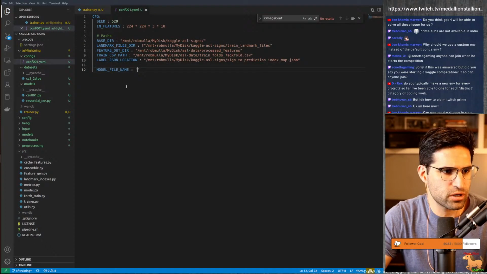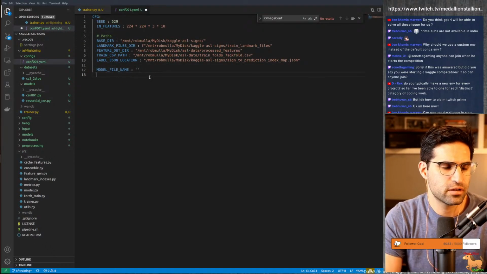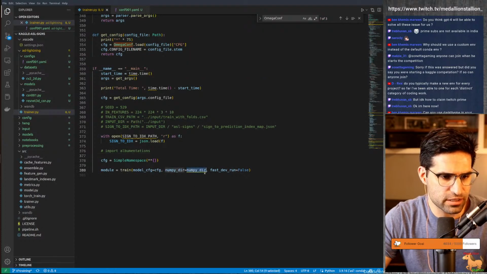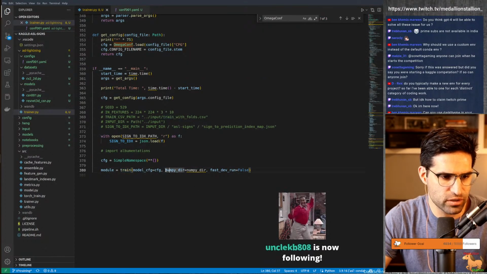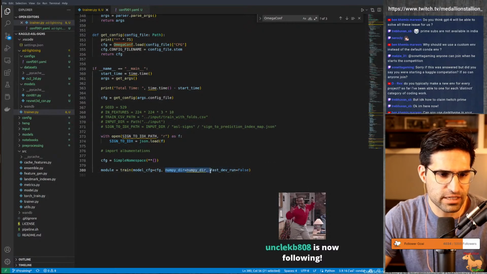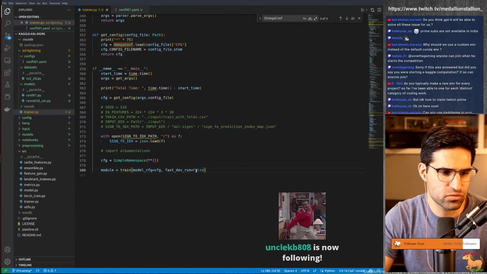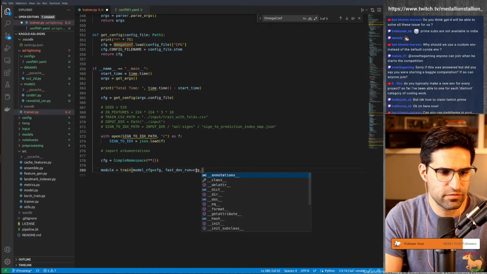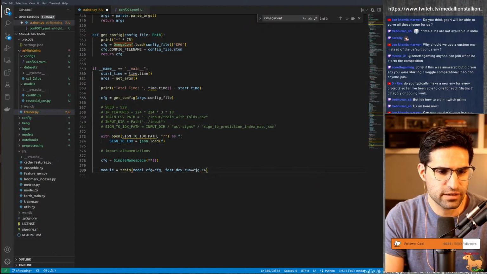And then we're going to do a config dataset file name, and we're going to pull a lot of this stuff in. So train, we don't need to give it this numpy config. Fast dev run, we will set to true to test this. Oh, wait, this is going to be config fast